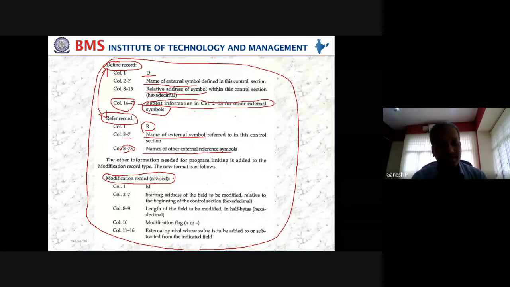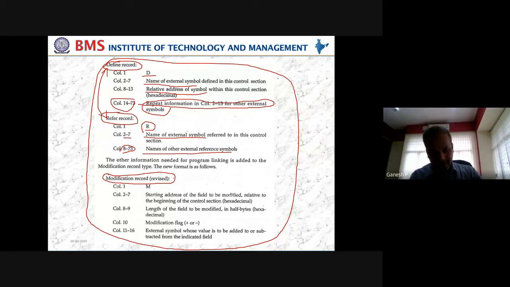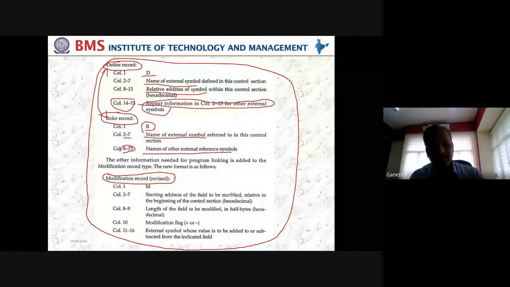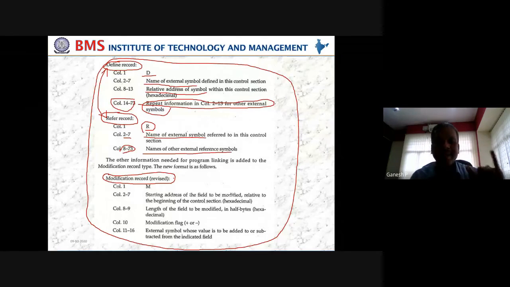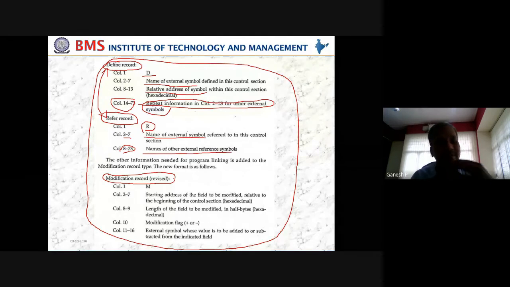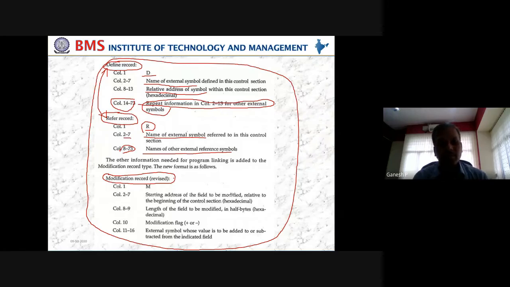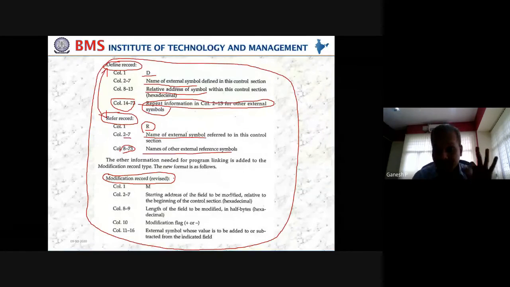Now, in total how many records? 6 records: the header record, text record, modification record, define record, refer record, and end record. So the revised modification record is not a new one. It is a part of the same record. Nothing to worry about. So totally 6 records. We started with 3.